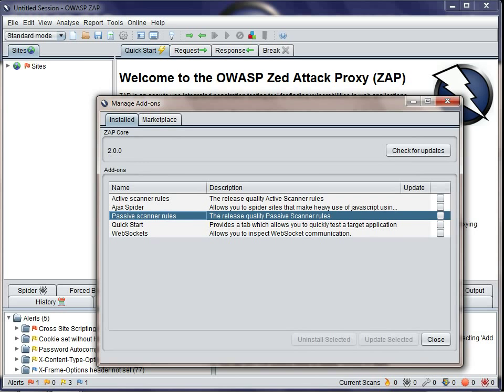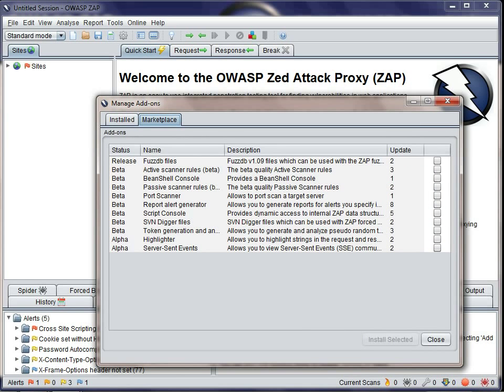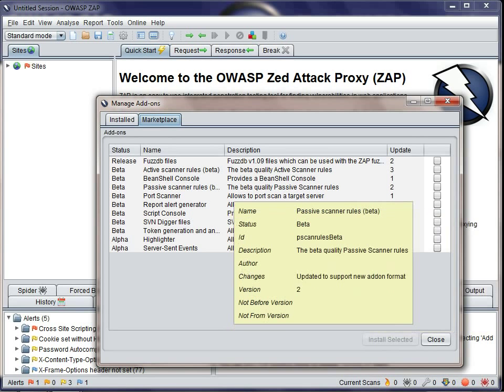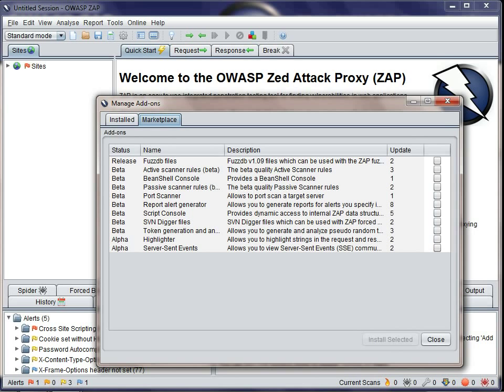Once you've done a check for updates, then you'll be able to see the add-ons that are available from the ZAP marketplace. If you hover over any of these add-ons, you'll see more information. Add-ons are marked as Alpha for add-ons that are in an early stage of development, Beta for those who have been reviewed and passed a standard set of criteria, and Release for those who have been reviewed and thoroughly